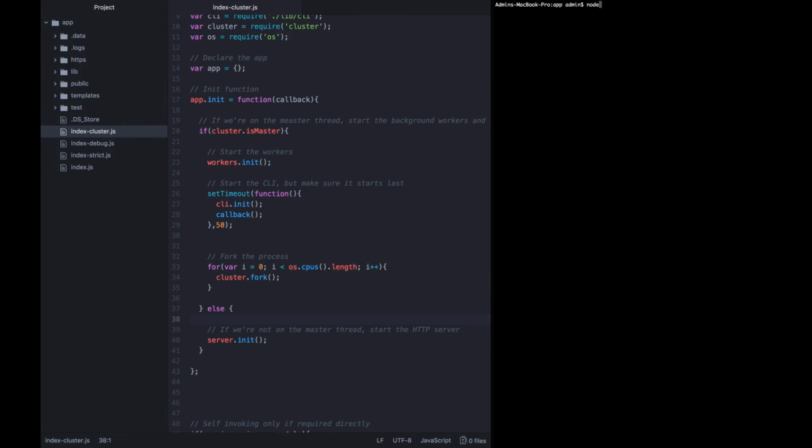So if I start the app up the normal way with index.js, we can see background workers are running, server listening, CLI is running. What if I started up with this new file we created, node index-cluster.js? Background workers are running, the CLI is running, and now we actually have 4 of each type of server log. The server is listening on 3000, again,